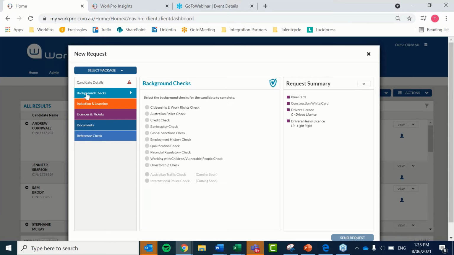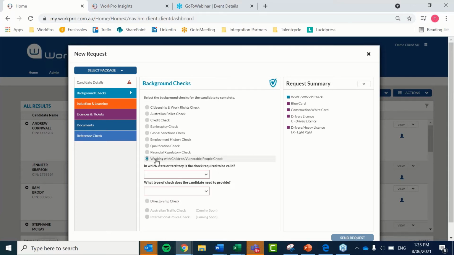Instead, coming over to background checks and choosing your working with children and vulnerable people check from here. I'm pretty sure that someone said, well, why is it sitting in your license and tickets area at all? The fact is that before we had our new working with children check, we had already had this in our license and tickets area, and there are some clients and some candidates that have uploaded that ticket and that still remains current, and we haven't been able to move them over or transition them over to this new background checking